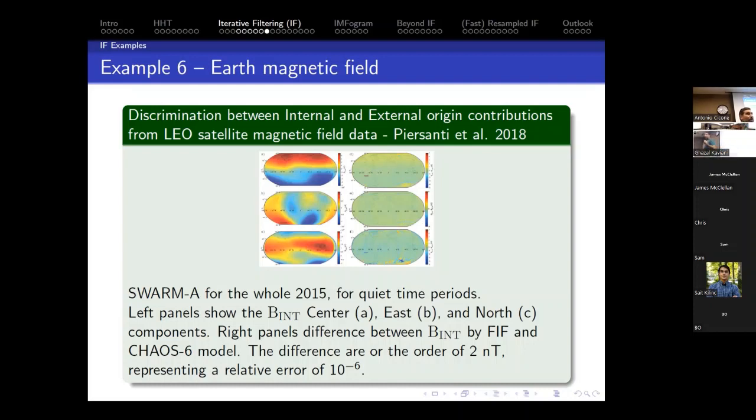But we just pushed a button and did statistical analysis on the IMFs. We didn't put in any condition about what the magnetic field was, or what its features are. We didn't have to train any model. And this model requires being recomputed every year because the magnetic field is evolving every year. So it's pretty powerful, the approach we have.